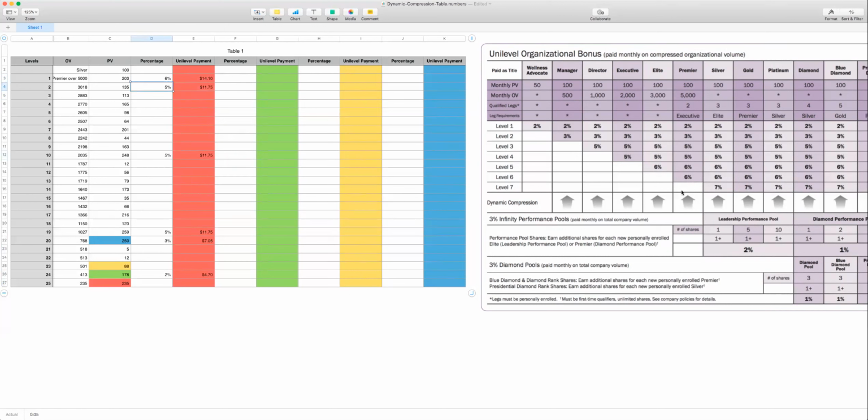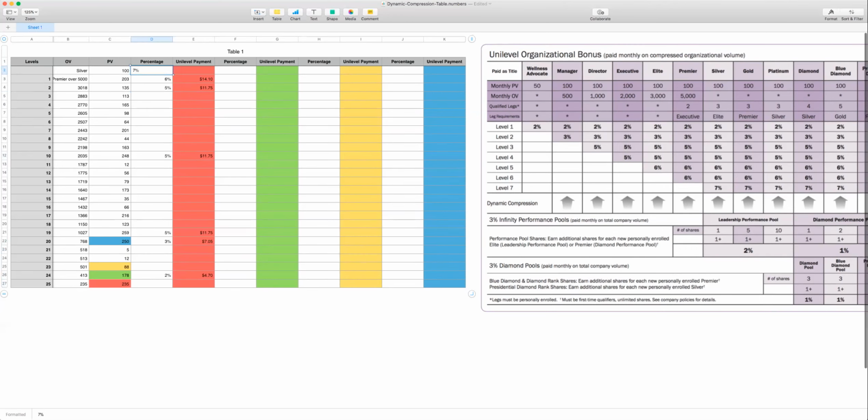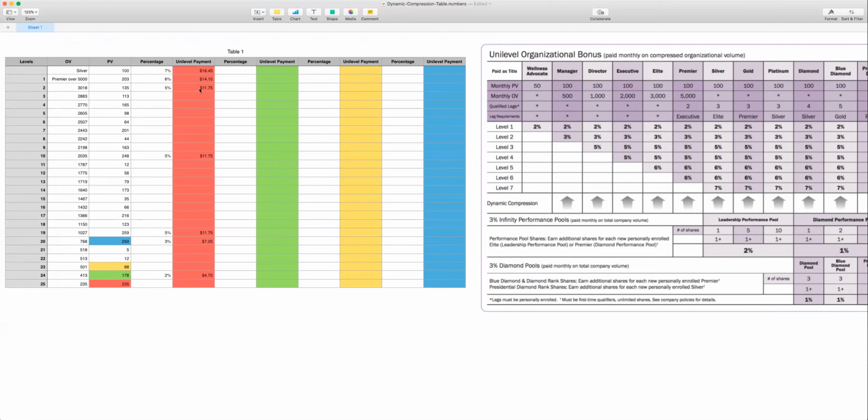And then our level 7 is a 7% payment to a silver and above. So if we go right up here, we find our next silver, and they will earn a 7%. Okay, so there we go. We've paid out that order to all the qualifying people, and you'll see that it's skipped people where they're not ranking for those particular payments,